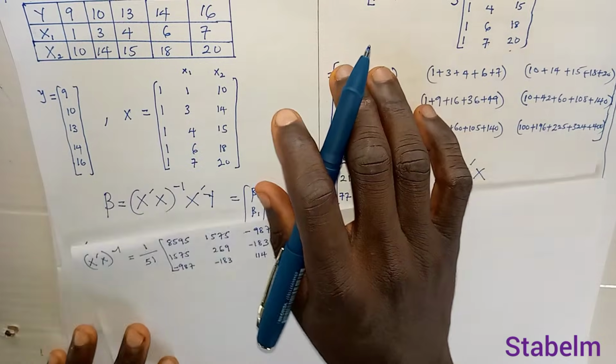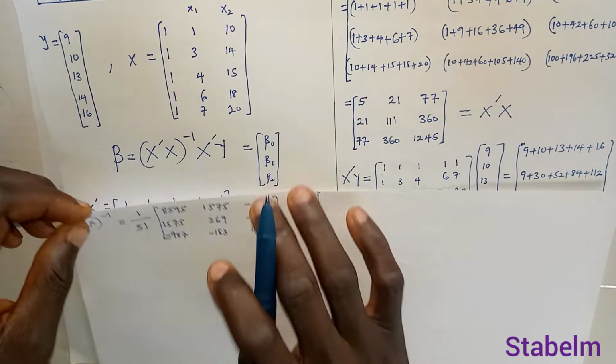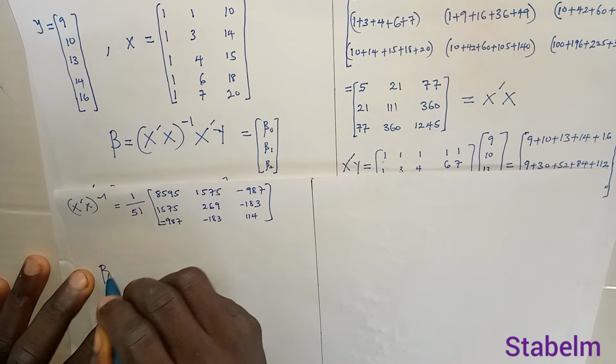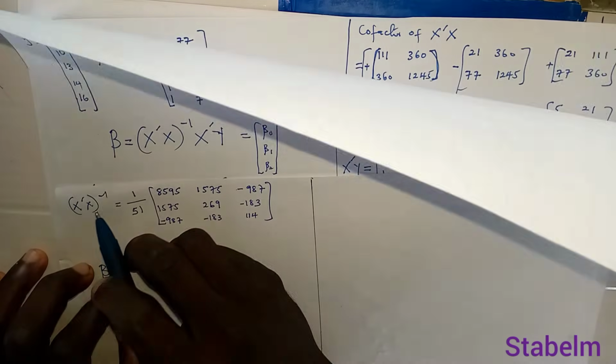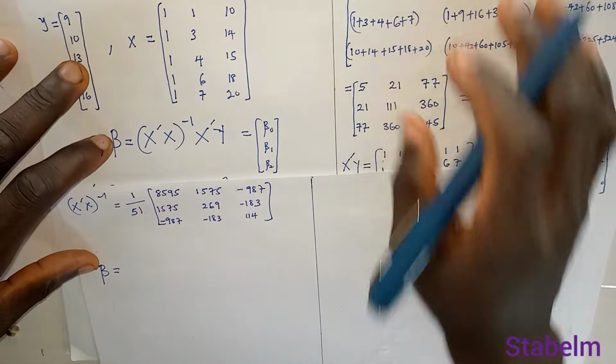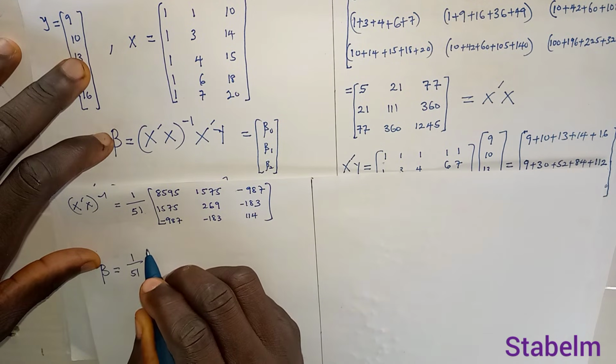So now for us to get these coefficients of beta, we're going to have beta equals to X prime X inverse, and our X prime X inverse is already this value, which is 1 over 51 into bracket